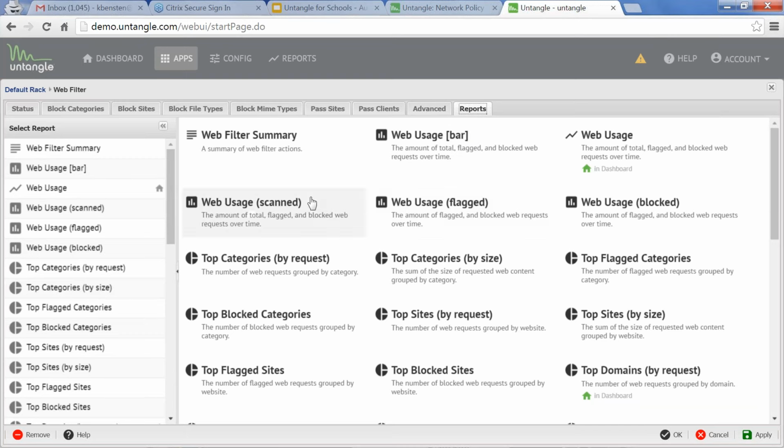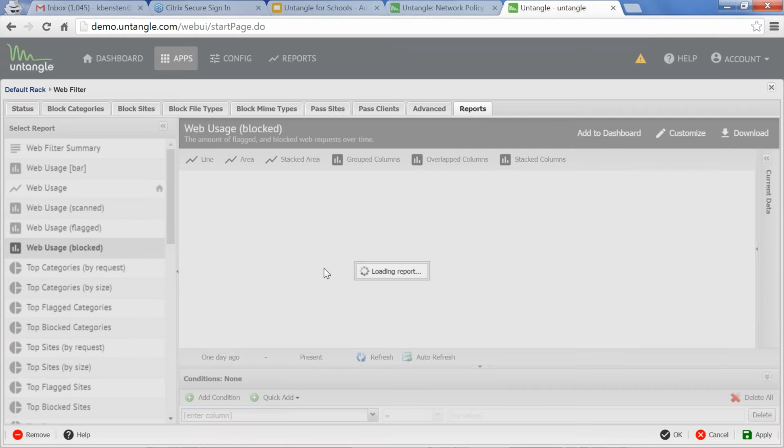It's easier to see. So within each of the functions or the modules, you'll see a reports tab that you can click on, and it's specific to that feature. So if I wanted to see the web usage for anything that was blocked, I would simply click on this link over here on the left, and then it would pre-populate based on the traffic of my network. And in essence of time, sometimes these take a little bit longer depending on the type of traffic or the amount of traffic that's flowing. So some of these reports don't pop up immediately. Know that they do take a little bit of time sometimes depending on the traffic.